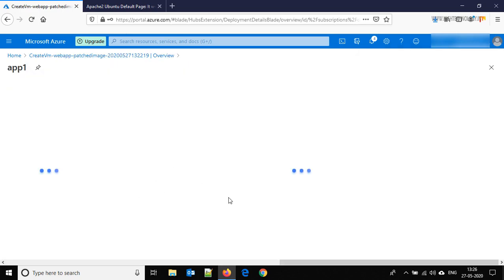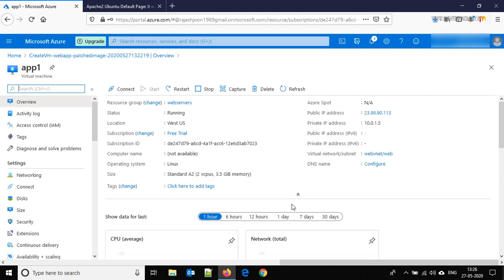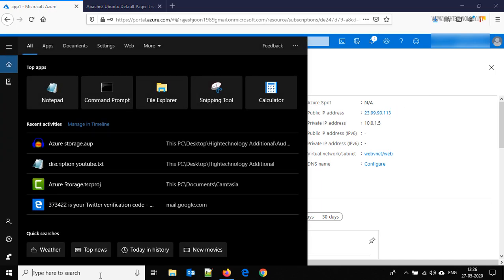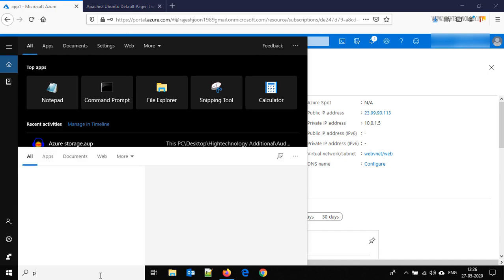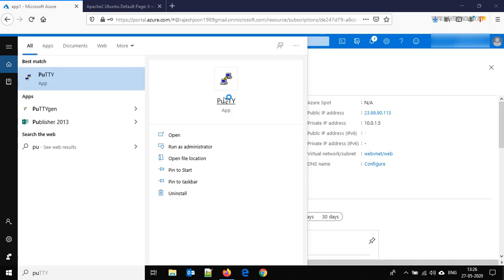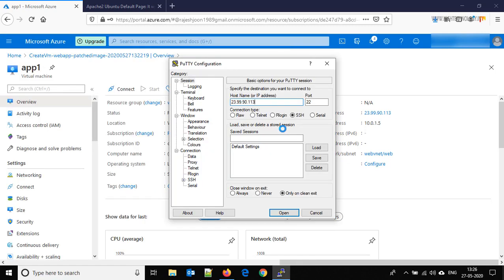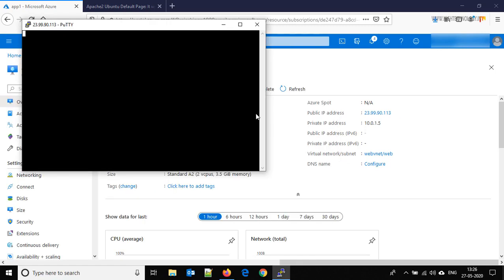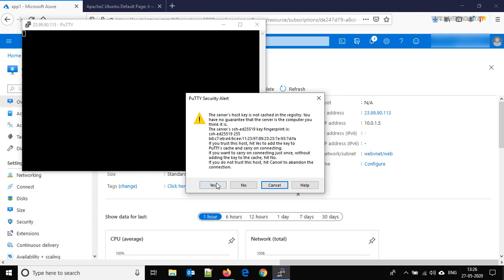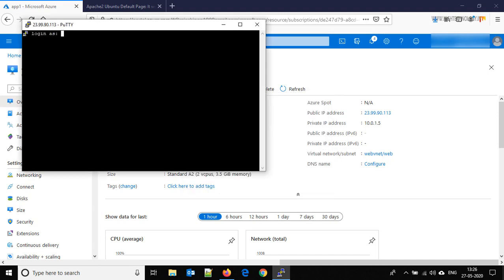Go to the resource, and here copy this IP. Open PuTTY here, and we are going to log in with Mandeep.